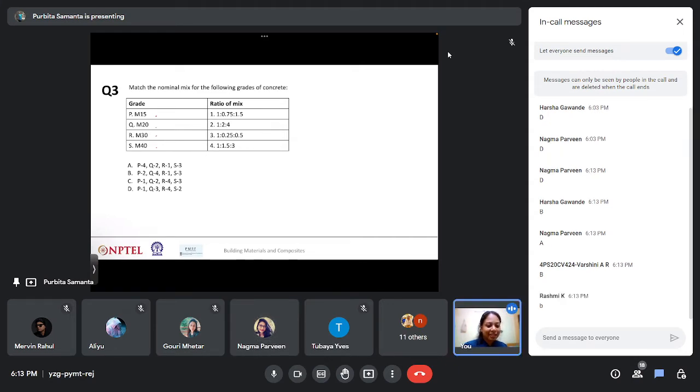Most of you are saying B. Nagma said B. Yes, absolutely correct, Nagma. So if we look into this particular ratio, it's 1 is to 2 is to 4,